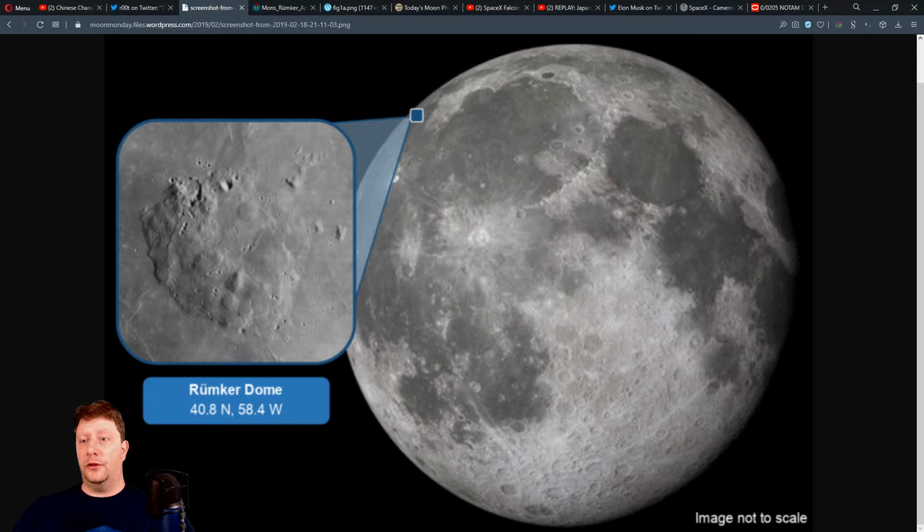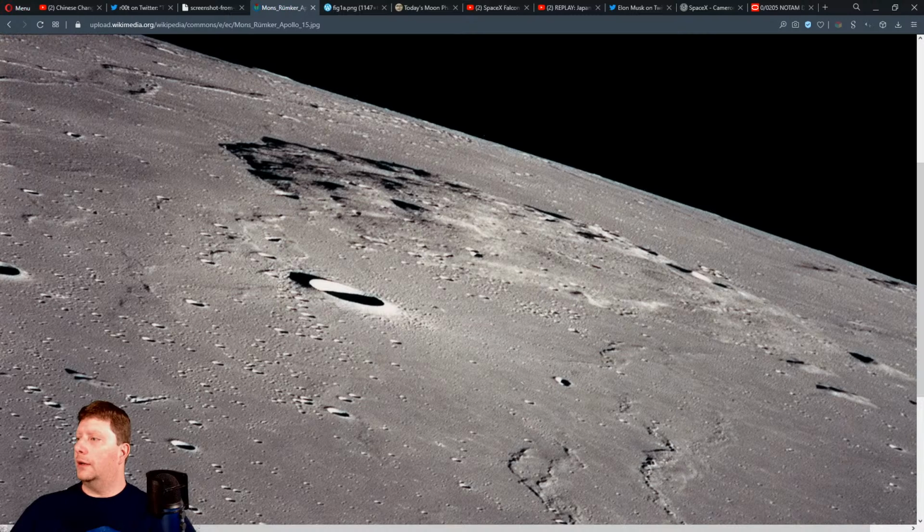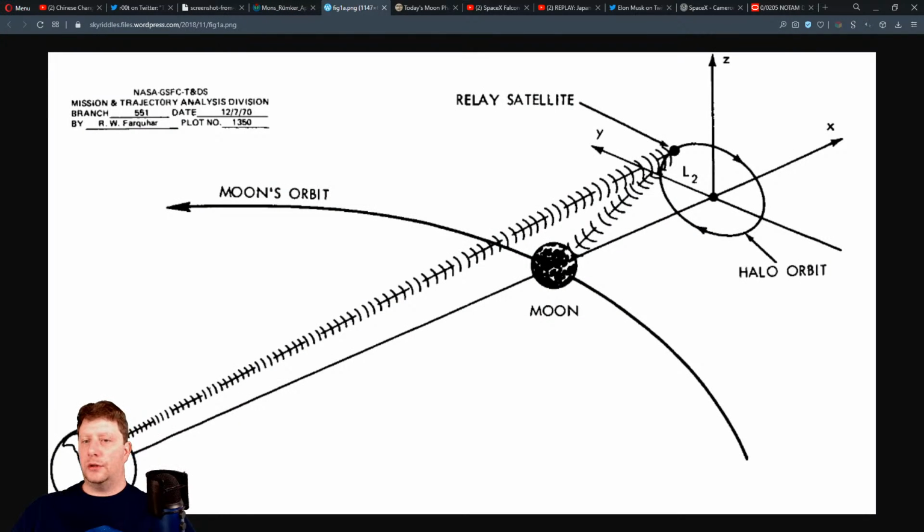Going back to Chang'e 4, to communicate with it, China had to pre-position a relay satellite in a halo orbit around, and here is actually a photograph of Mons Rumker taken from Apollo 15. That's pretty cool. So in order to communicate with Chang'e 4, the previous moon rover that's on the far side of the moon, China had to pre-position a relay satellite in a halo orbit around the Earth-Moon L2 Lagrange point on the far side of the moon. If you're not familiar with Lagrange points,